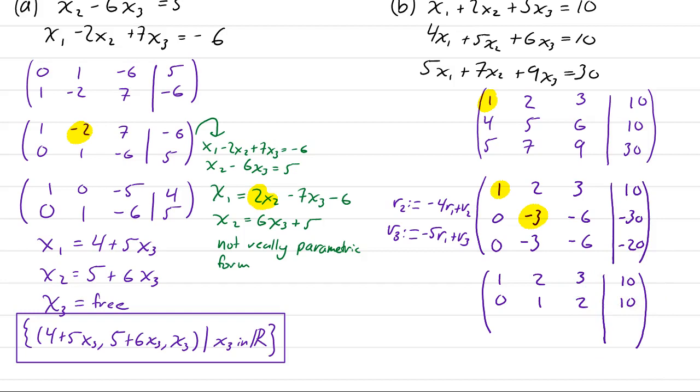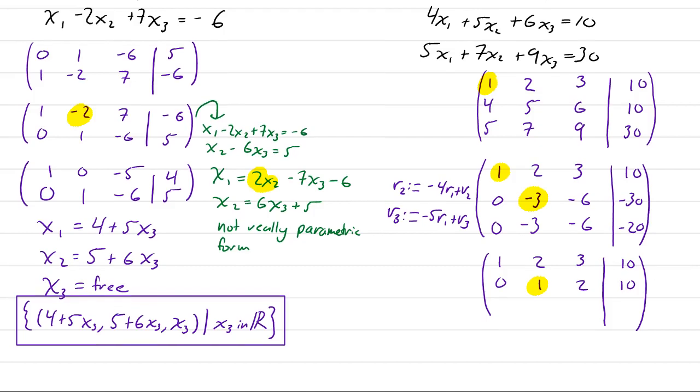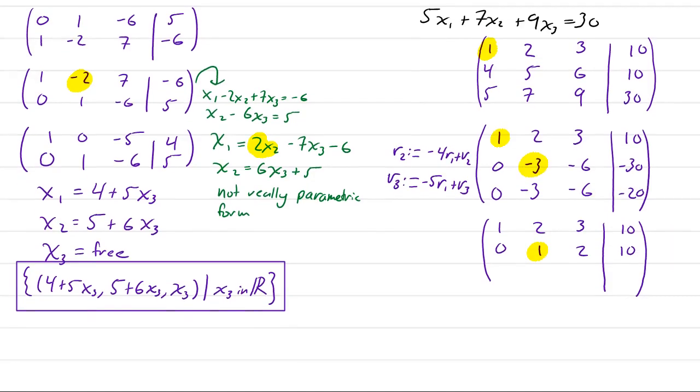And then once we have that one scaled down so that we have a 1 here, that's now going to be our pivot position. I'm actually going to take that and use this row here combined with this row to make a new row 3. So I'm kind of skipping a few steps to save some space. Sometimes skipping steps is good because the more steps you show, the more things you have to write down, and sometimes just writing things down you make a mistake as you're copying something. So anyways, that's going to give you